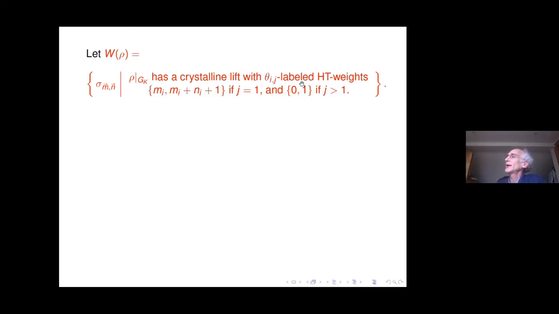And the labeled Hodge-Tate weights at the other embeddings we're going to stipulate should look like they come from p-divisible groups, of weight 2, or there should be 0 and 1. So this is one of G's insights in generalizing to the ramified setting. So this depends only on the local Galois representation